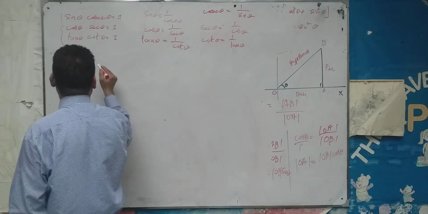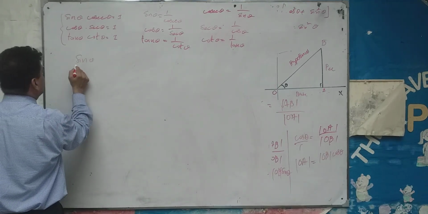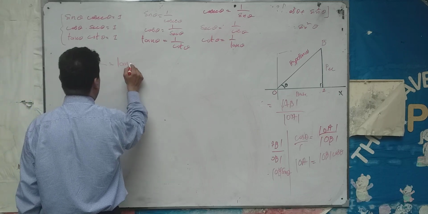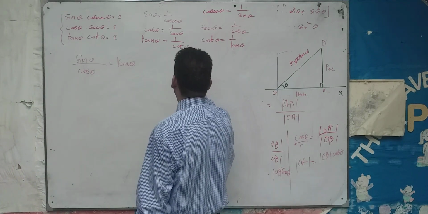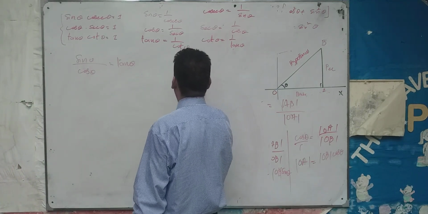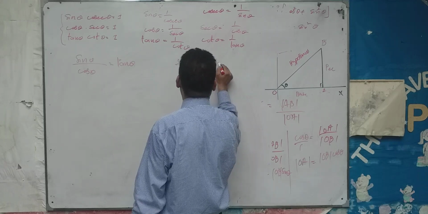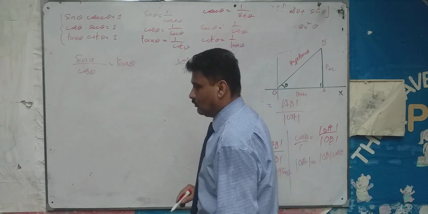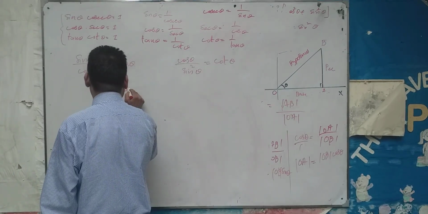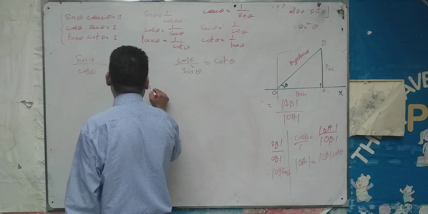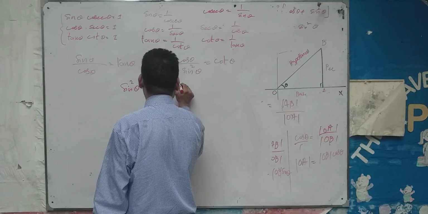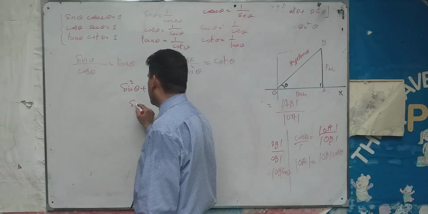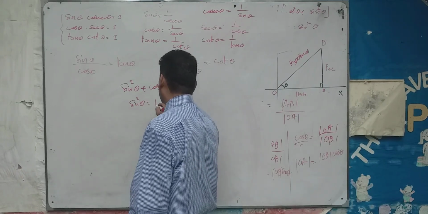Similarly, sin theta by cos theta is equal to tan theta, and cos theta by sin theta is equal to cot theta. We also have proved sin square theta plus cos square theta is equal to 1. From here we get two more identities. Sin square theta is equal to 1 minus cos